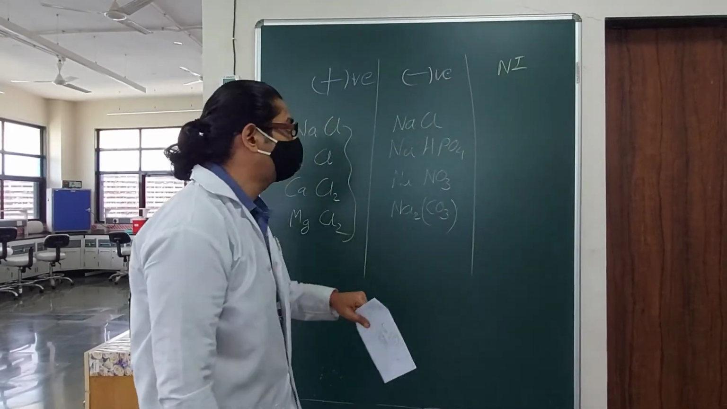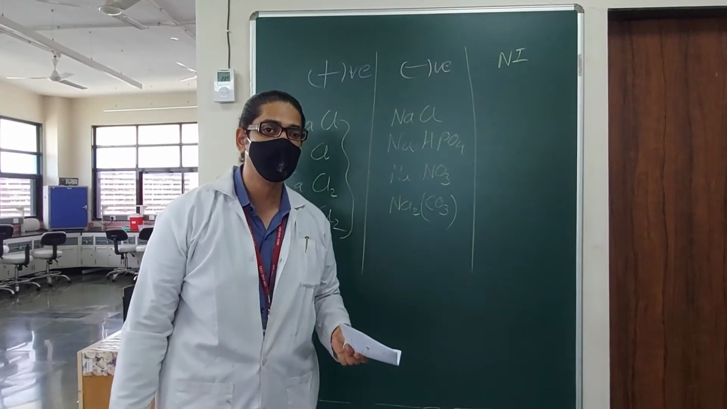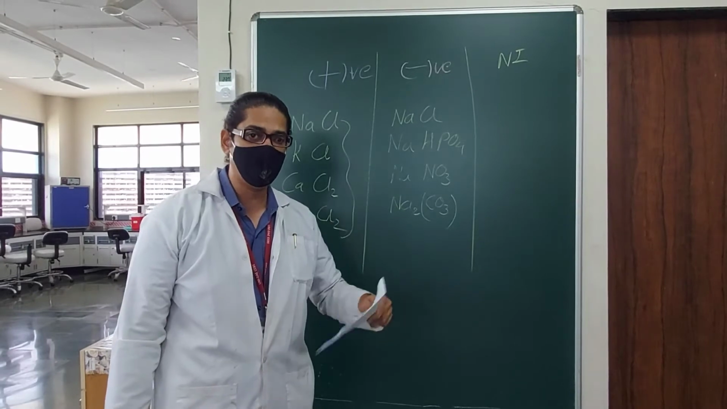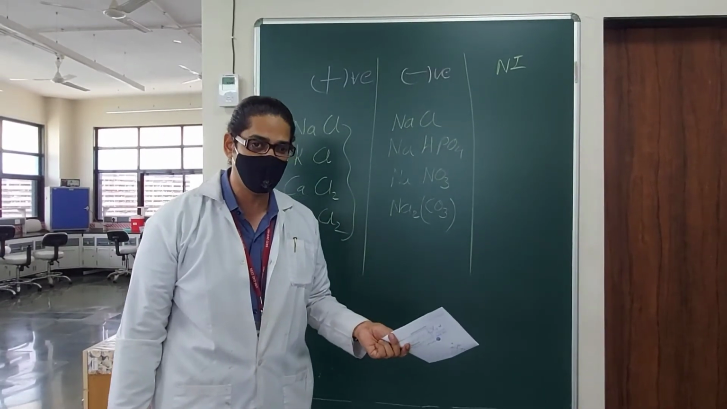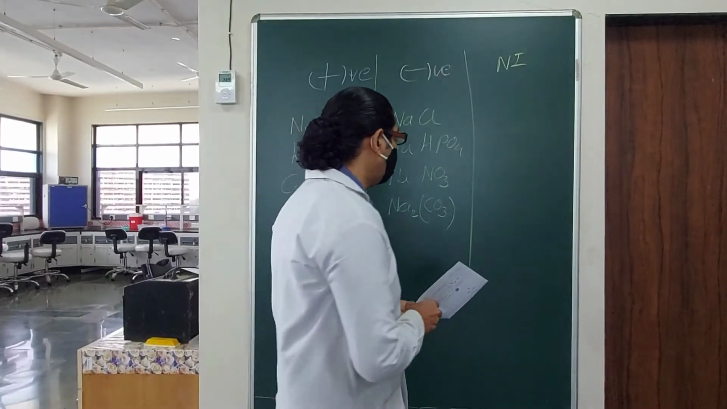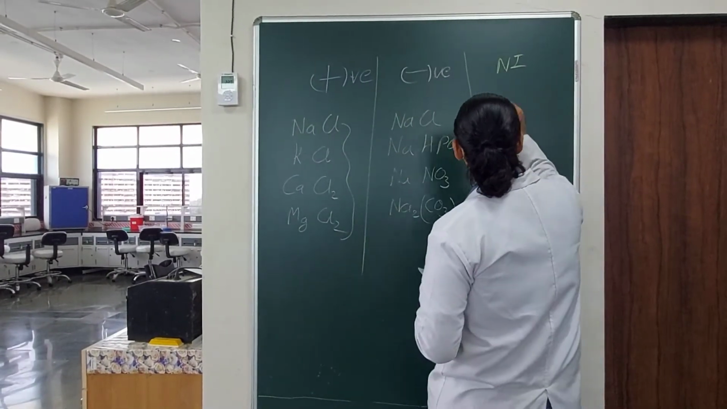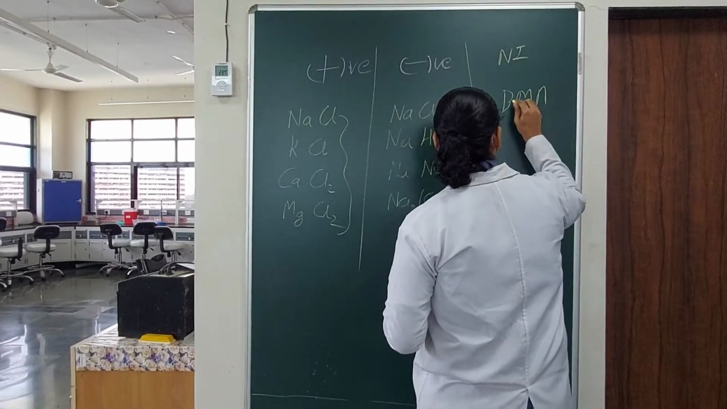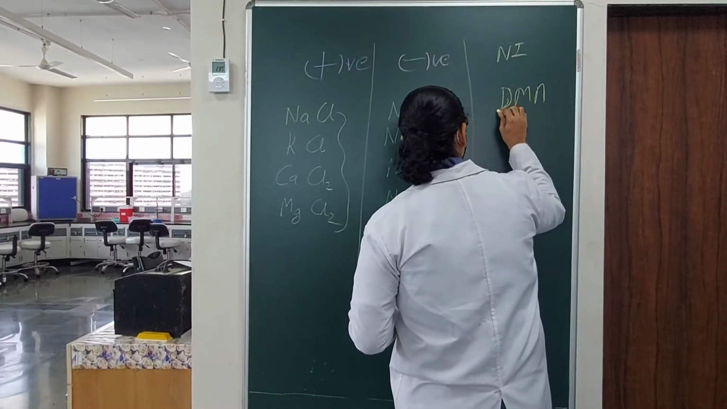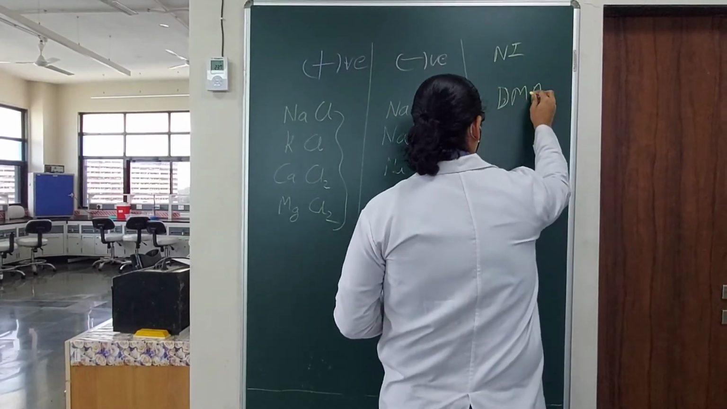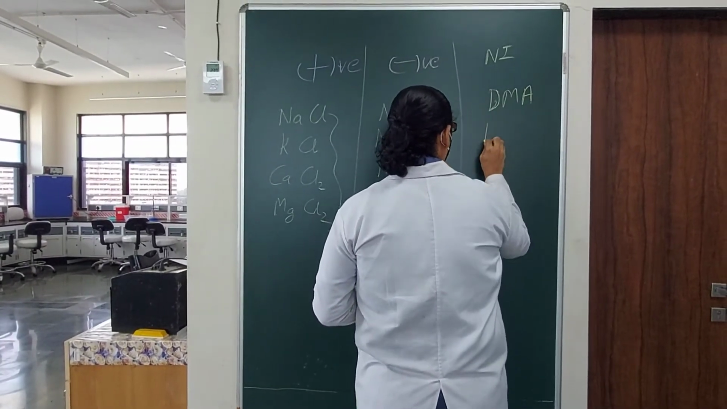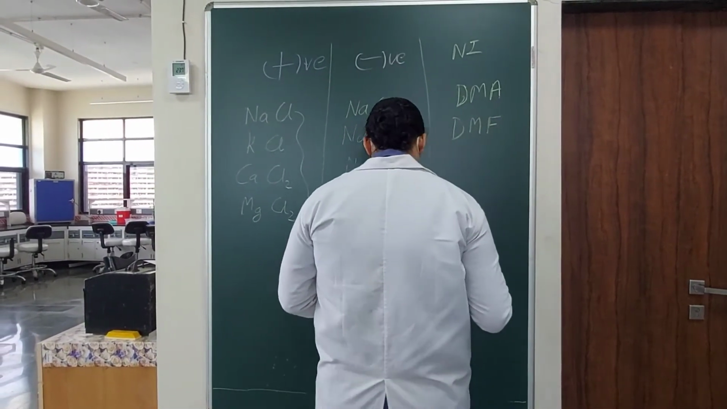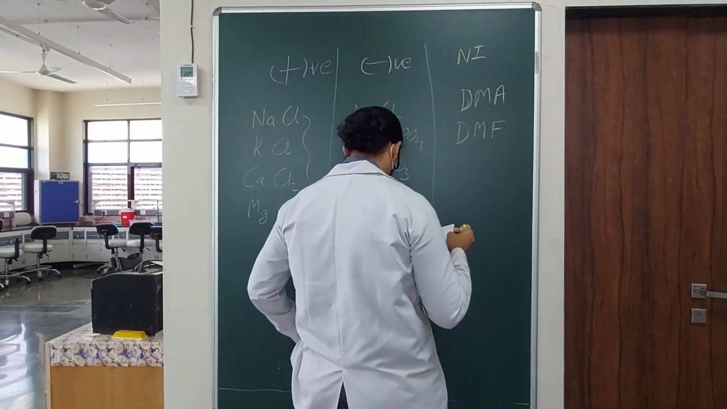Okay, now for the non-ionic or the hydrophobic solvent, what do we have? We will have 3 different solvents which we will be testing. Now what would those solvents be? The first one will be DMA. That's a D. Yeah, that's an A. Okay, that's dimethylamine. The next one will be DMF, dimethylformamide, and the third one will be, oh, my